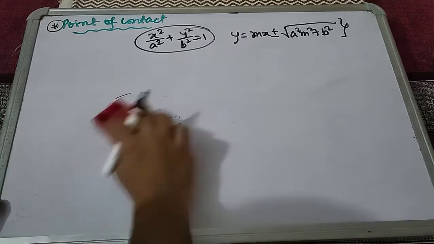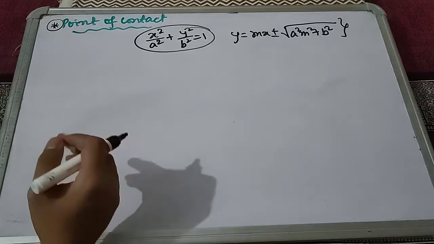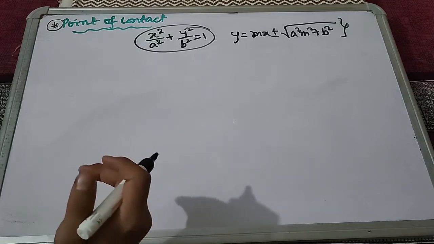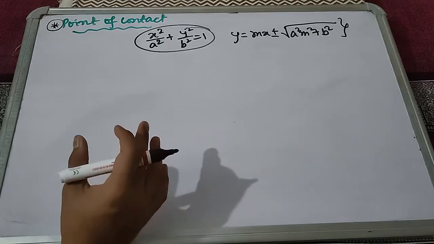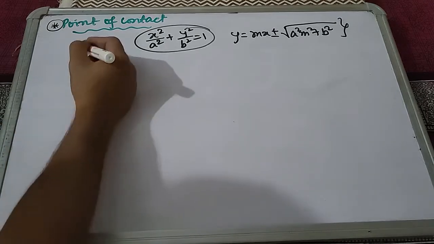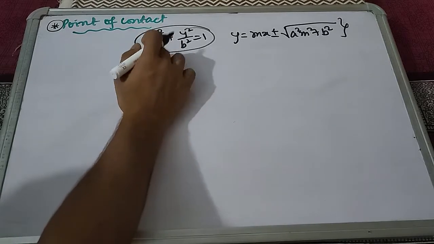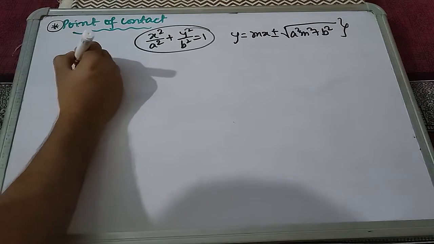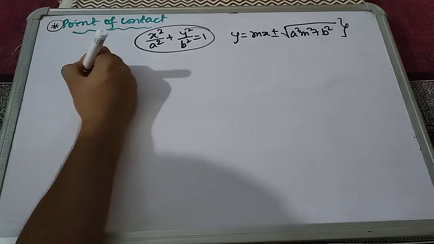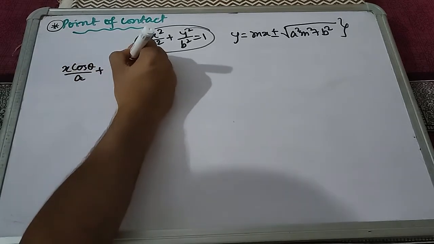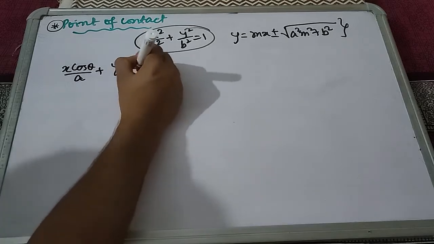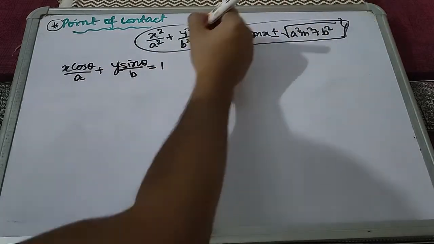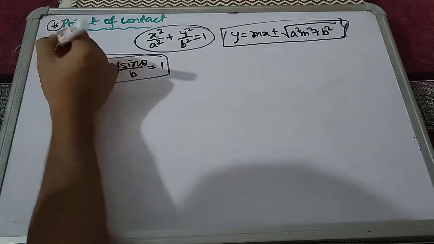For that, what you need to do is, while you are deriving things, look into different methods if available, within our scope of understanding, and here we have such a way. What is that? What is the equation of the tangent to this ellipse in parametric form? x cos theta by a plus y sin theta by b equals 1, and this equation is also the equation of the tangent.